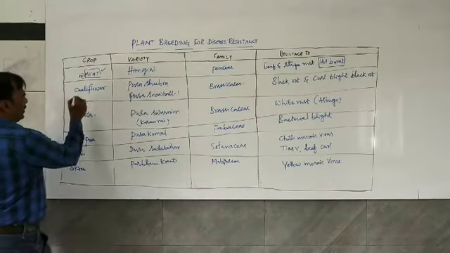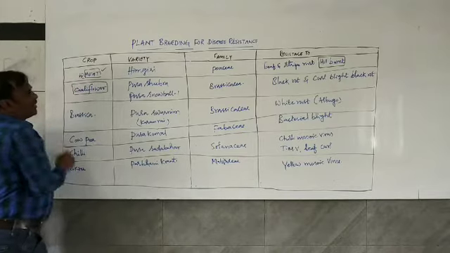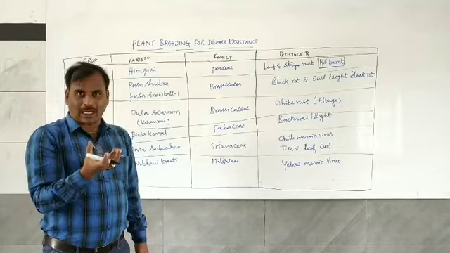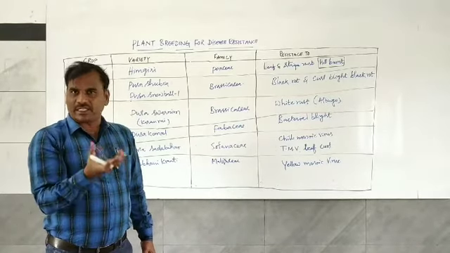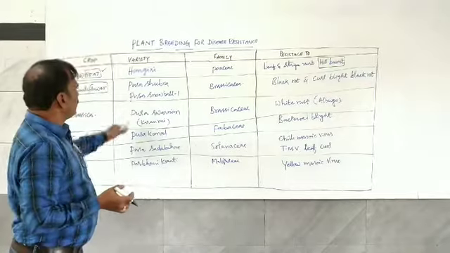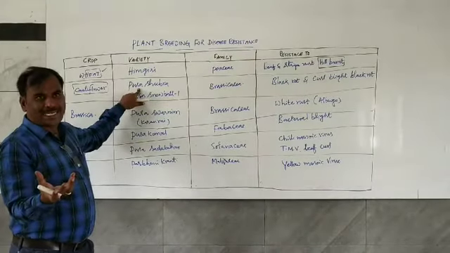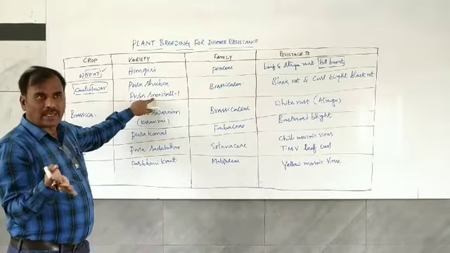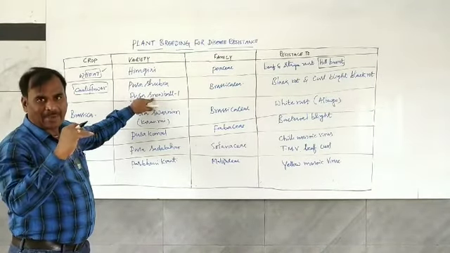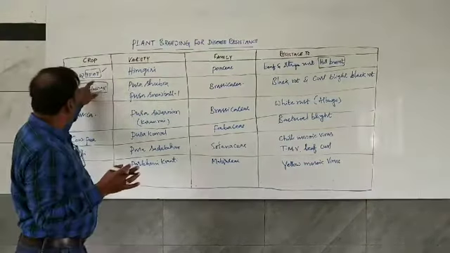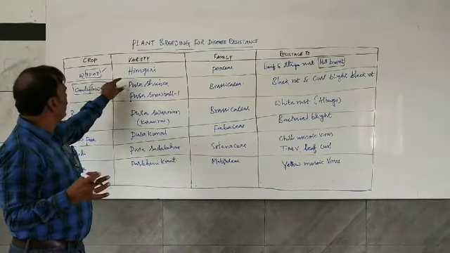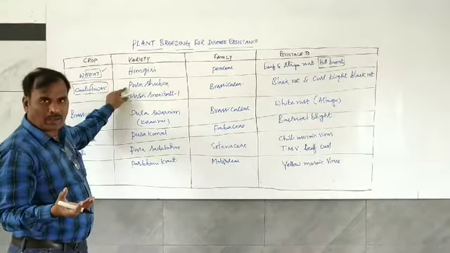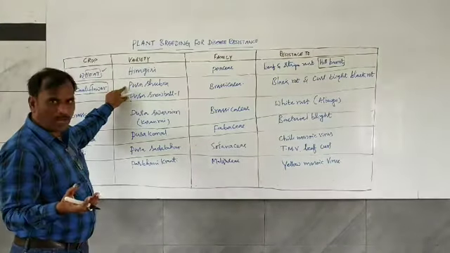And cauliflower. Cauliflower is a Brassicaceae family. It is white in color. The top of the cauliflower is a flower, white in color. So Pusa Shubhra. Shubhra means clean, pure white. And Pusa Snowball, how the snow appears on the hills in the Himalayas. In such a way we can remember the varieties of this crop, cauliflower: Pusa Shubhra and Pusa Snowball K1.